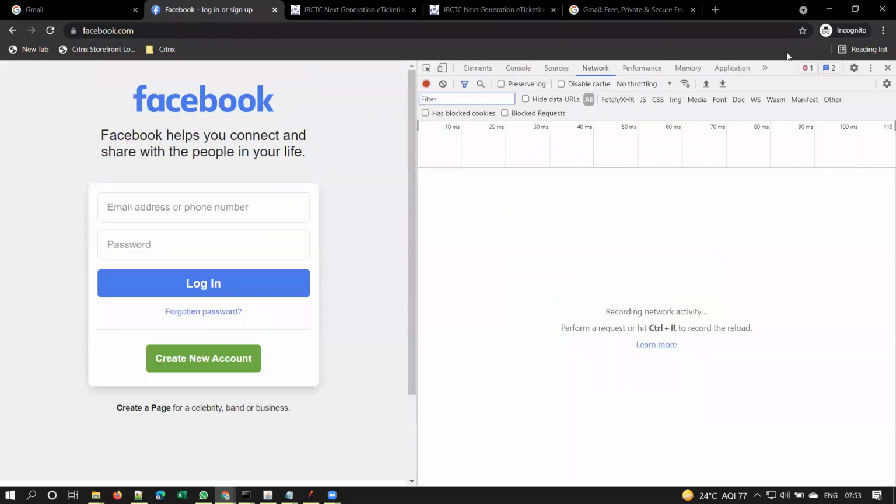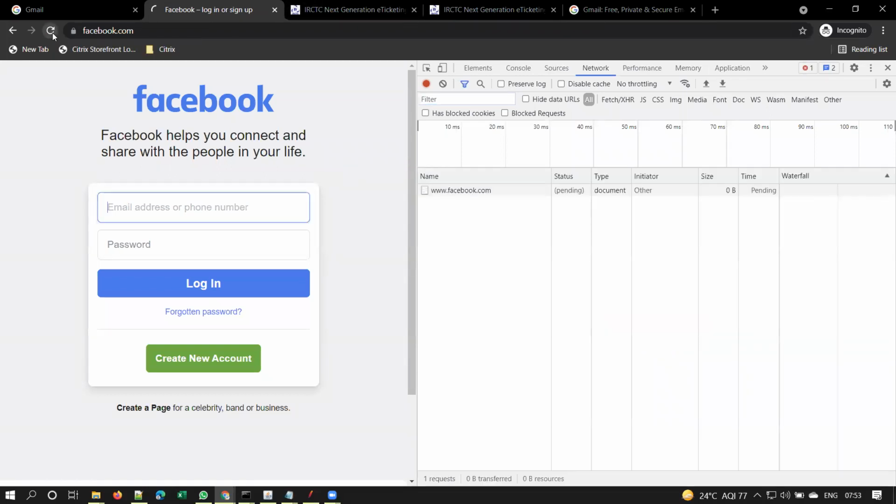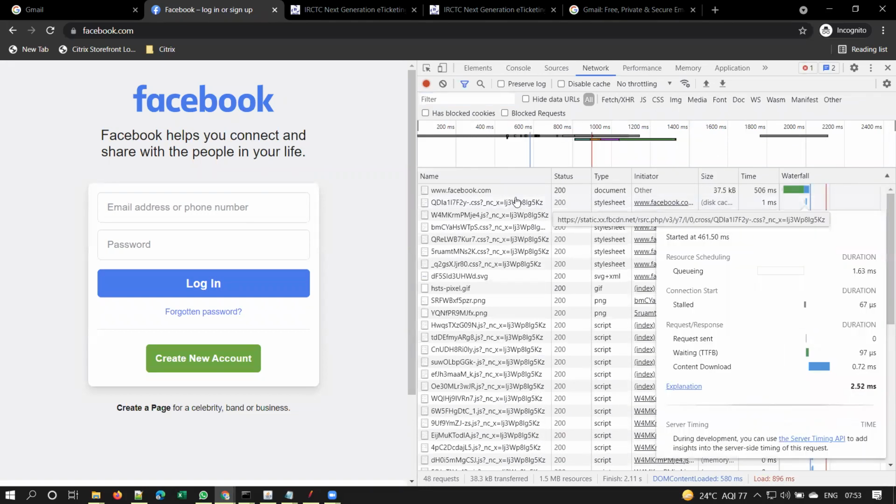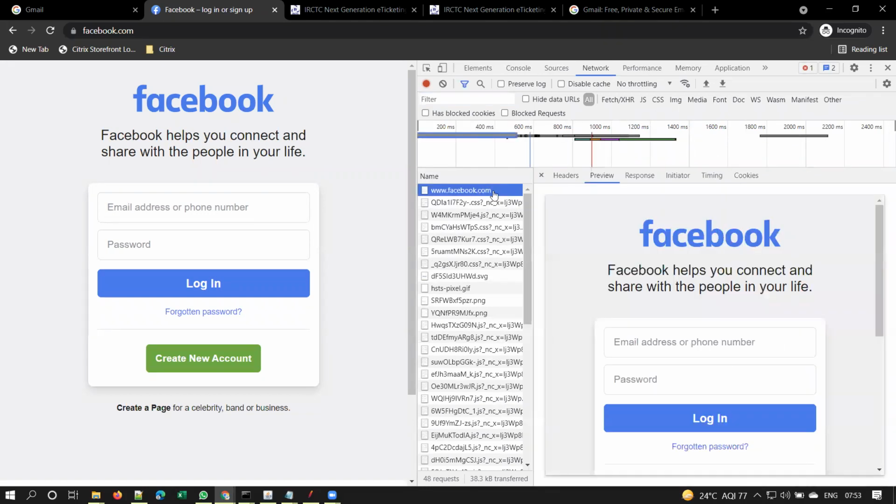Control-Shift-I is the shortcut for opening the developer tools. I'm just refreshing the page, so I'm sending one request. This is our main request that we have sent to the server. Facebook.com, this is the main request, isn't it? I'm in the network tab, and this is called developer tools. I repeat once again, developer tools will be used by any software engineer, whether it is a developer, functional test engineer or performance test engineer.